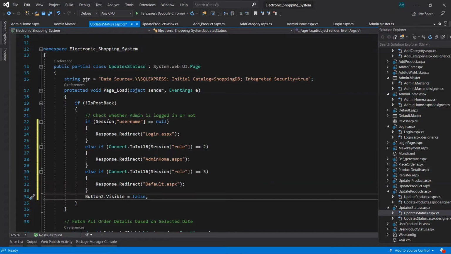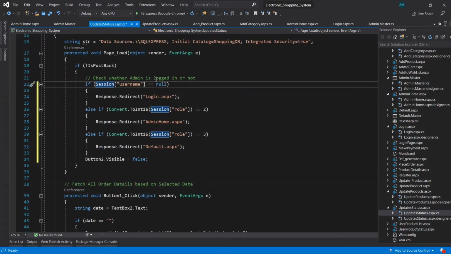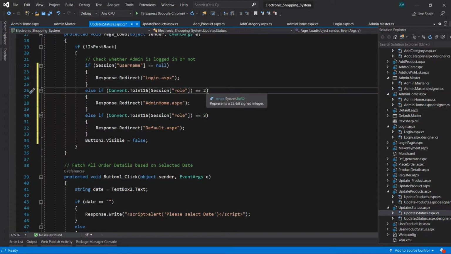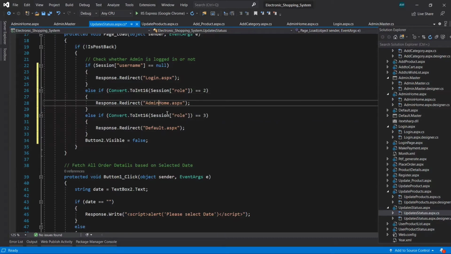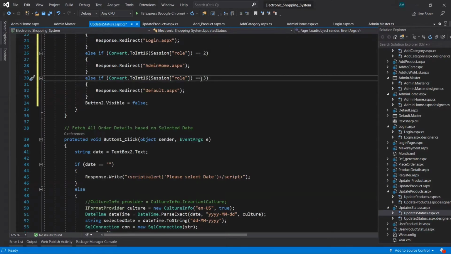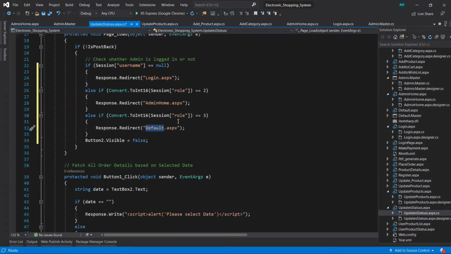What I have changed here is that it will check if the session of the username is equal to null, that means the user is not logged in, then it will be redirected to the login page. If it is logged in, then it will check the role id. If it matches 2, that is a vendor, then it will redirect to the admin home page. Or if it is a normal user, then it will be redirected to the default page. That's it. We have made changes here.